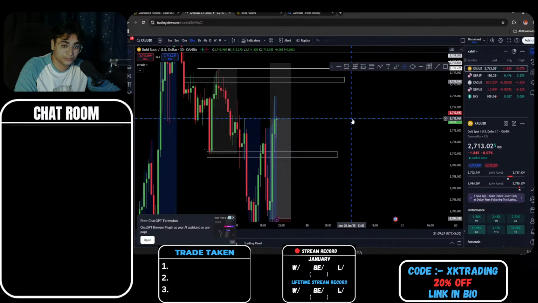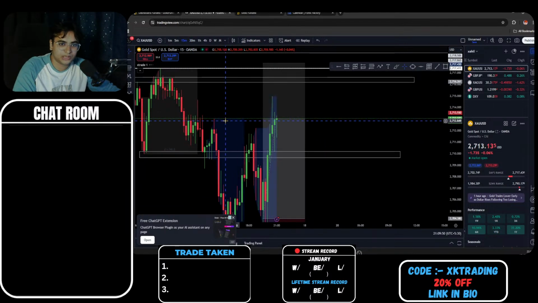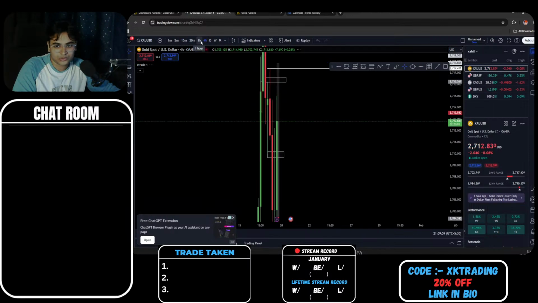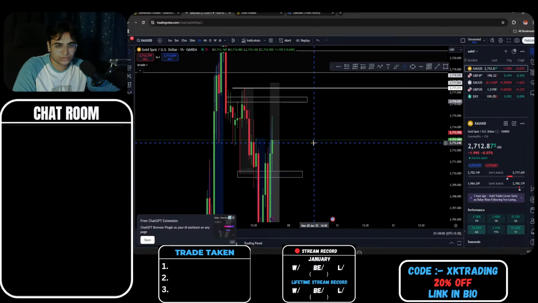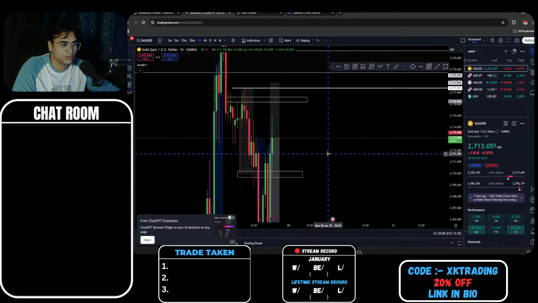Okay, here's the 30-minute candle just flipped bullish. Let's see how we do now. All right, yeah. Now on the 15-minute time frame, we are pushing as well. So we have 20 minutes, right? Yes, we have 20 minutes. So all we need to wait for is this 1 hour candle closure. Once we have that, there is a high probability we will tap into this zone before moving forward.